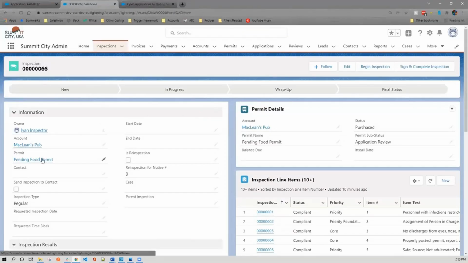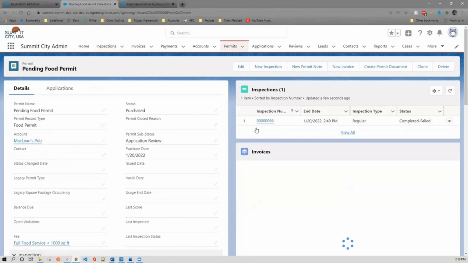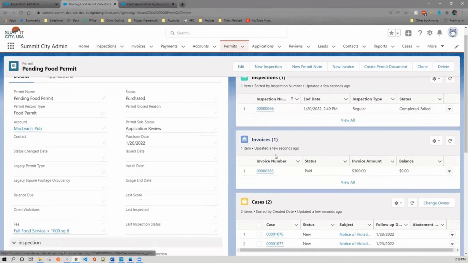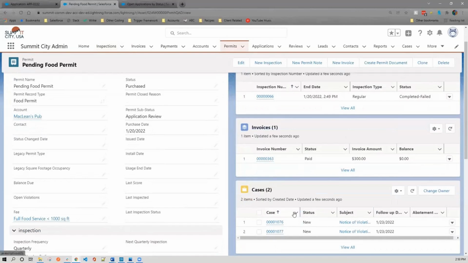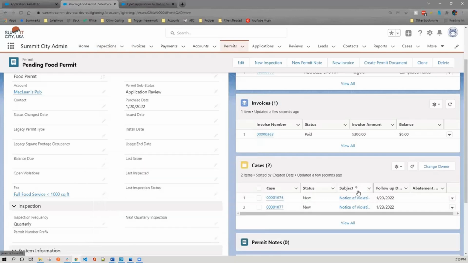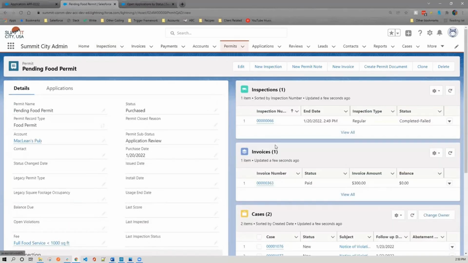Mike is able to see under this pending food permit that they failed this inspection. Those cases are also linked to this permit, so we can see each of these cases and be able to assign them or follow up on them, whatever may need to be done. But what we're going to look at here just as a last step is once all of the issues are taken care of, once Megan has passed her inspections,